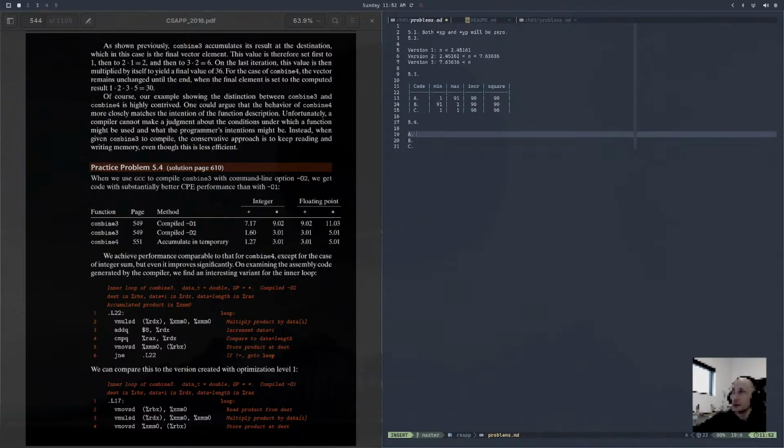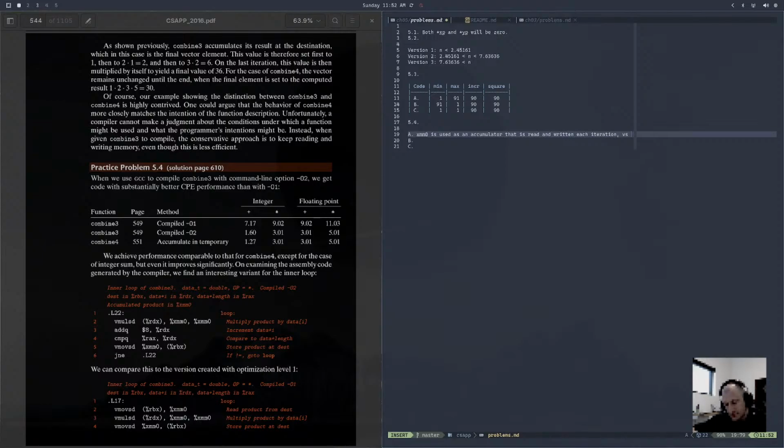So we'll say xmm0 is used as an accumulator that is read and written each iteration, versus